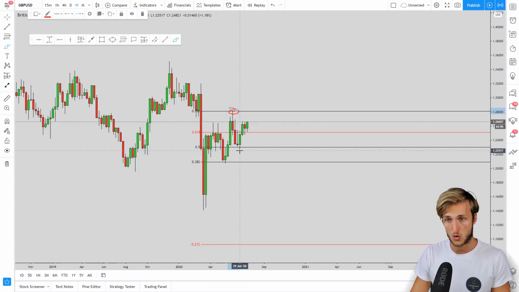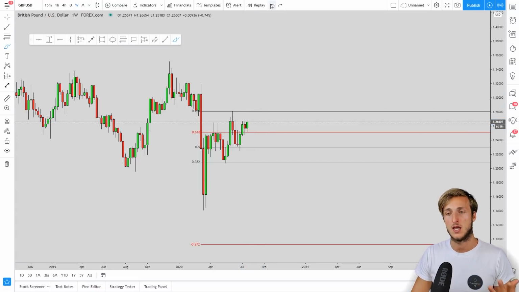0.786, broke all the way down, and then closed back above the 0.618, aka the golden ratio, which is now acting as strong support. In fact, after closing above it, the market retested it last week. The retest held. In fact, the market closed above it, and currently we have a market which is rejecting the